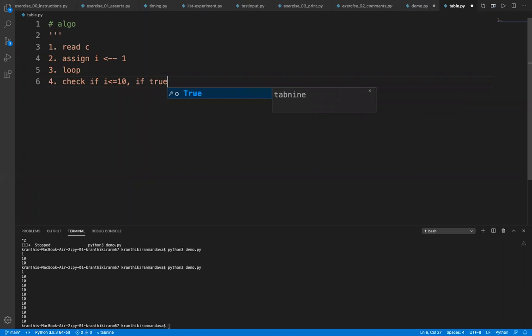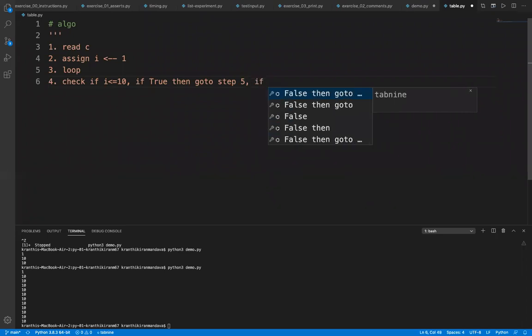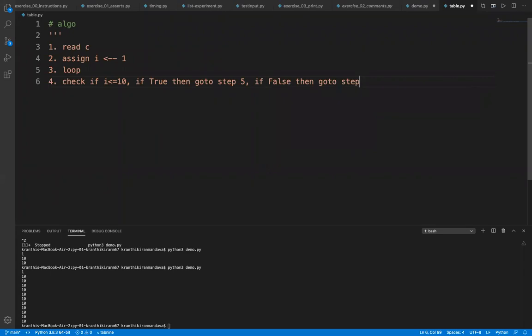If true, then go to step 5. If false, we will decide what step it is. So I will write something like, if you are going to step 5, then what you do is you need to multiply it.